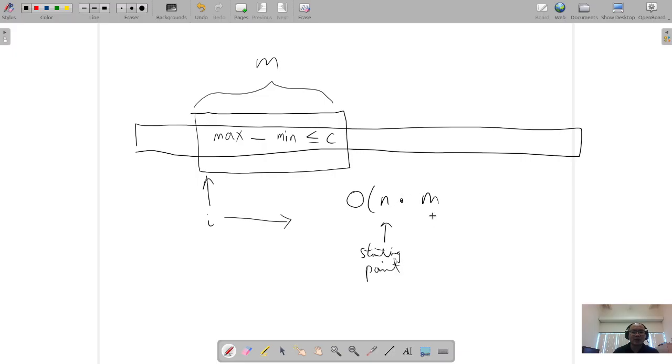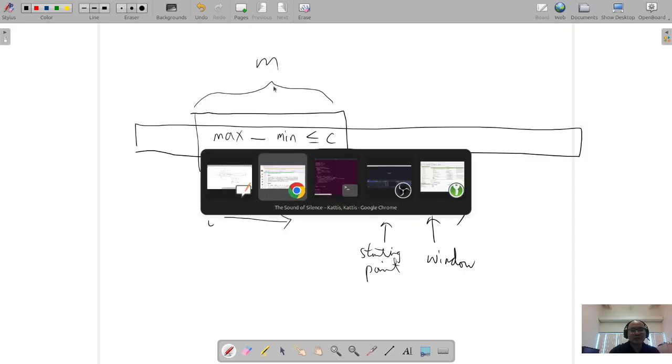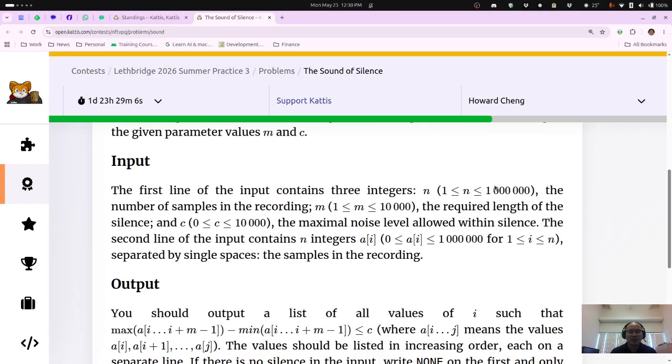Then for each starting point, I scan the whole window while I keep track of the minimum and maximum, and then at the end I can subtract max minus min and see where that goes. The problem is, okay, what's the problem? The problem is n, it's up to 1 million, and m is up to 10,000. So if you just do it this way, n times m is up to 10 billion, which is way too